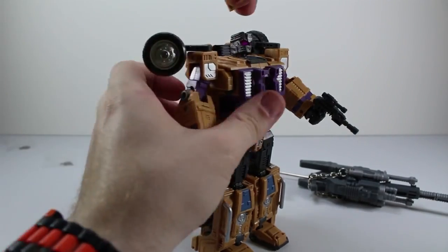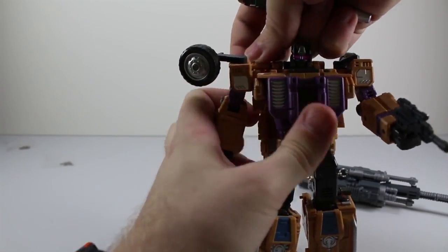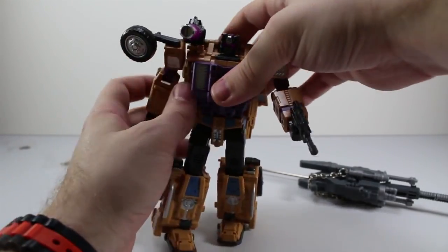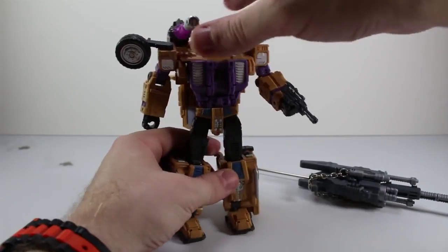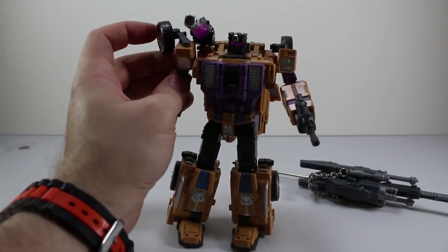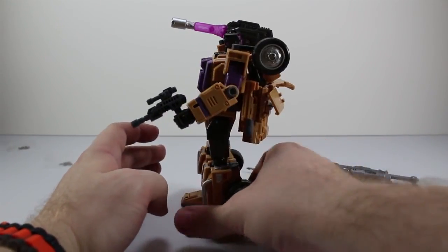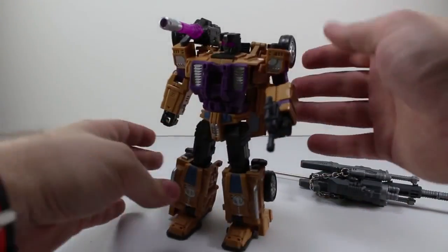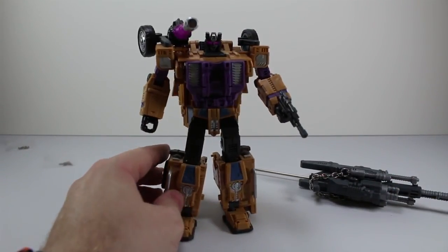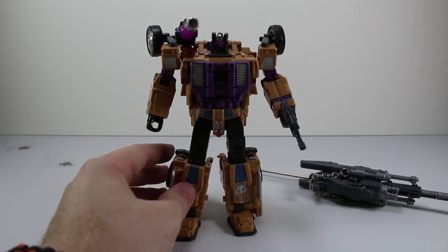Probably would help to peg it in first. That pegs in, I believe, right there. And right there to give him his shoulder cannon, which was in the original photos of this figure, so it's not like it's an accessory they made later on. It was something that got dropped from the original for whatever reason, and instead of including that little tiny piece in one of the future releases of Warbotron, they just threw it in the accessory kit, which, I mean,